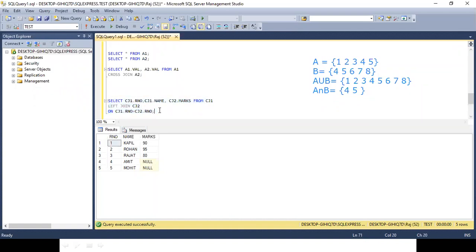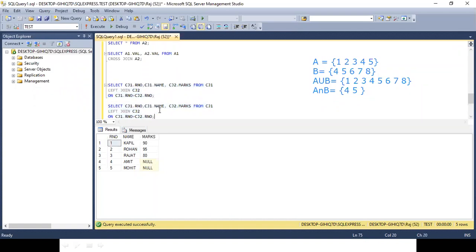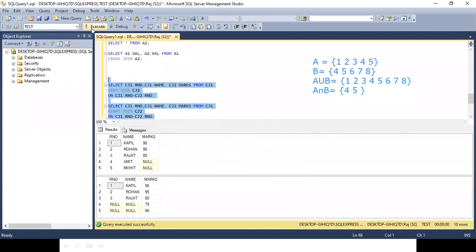Let's take another example. I'm using a right join over here. Now I'm getting all the records from the right table and the matching records from the left table. So these are two separate queries, query 1 and query 2.